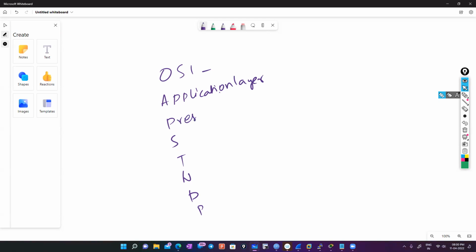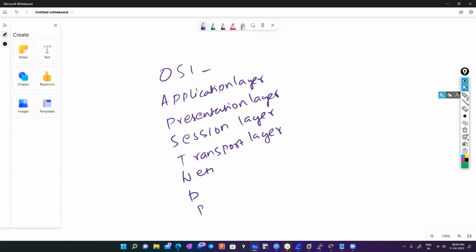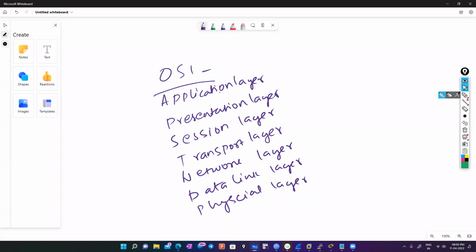Then the presentation layer, and then comes your session layer, then the transport layer, then followed by the network layer, and then the data link layer, then the physical layer. So always you start with the very first layer, your application,